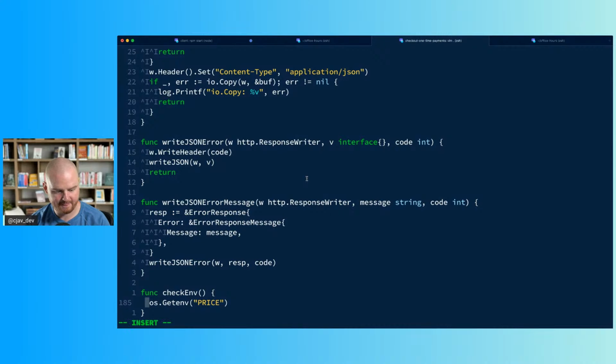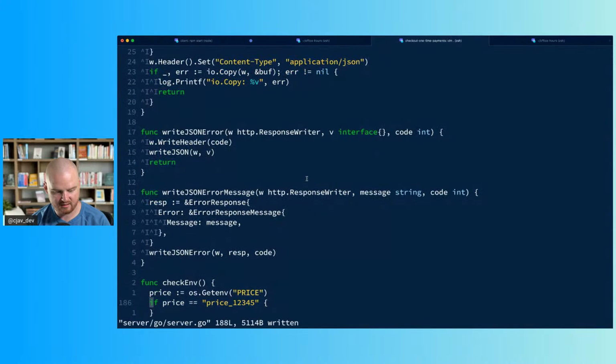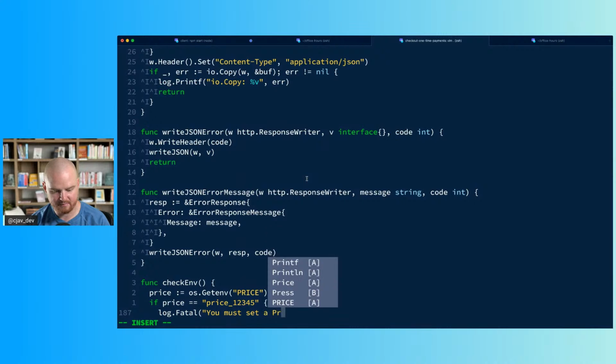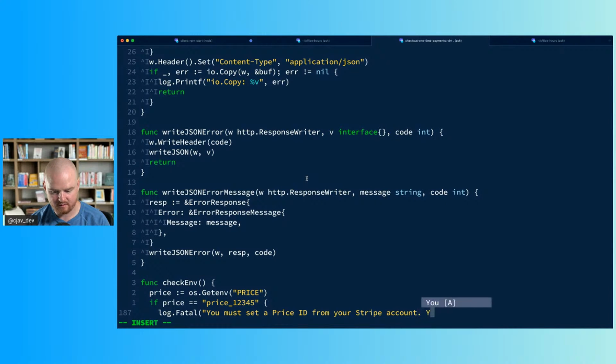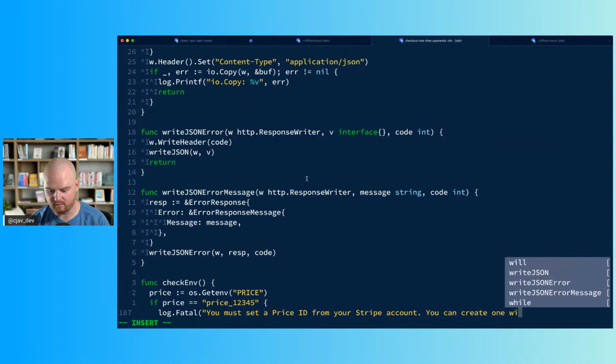And let's see, if price is equal to price 1, 2, 3, 4, 5, then log.fatal, you must set a price ID from your Stripe account. You can create one with